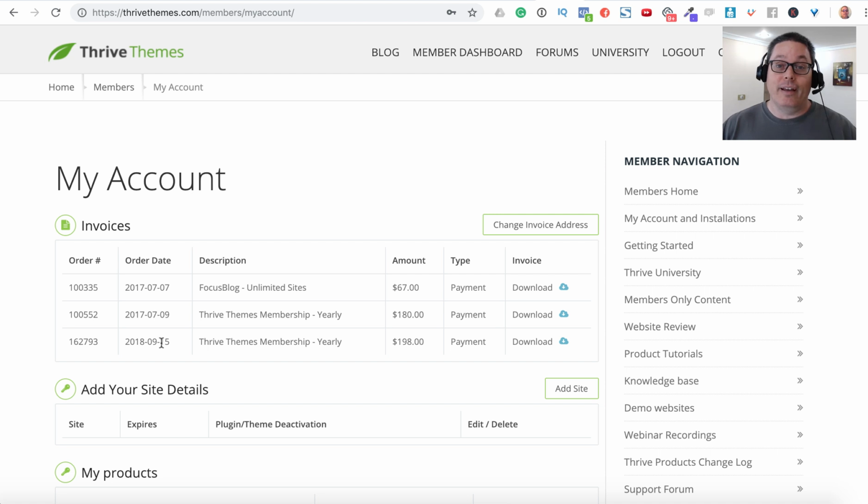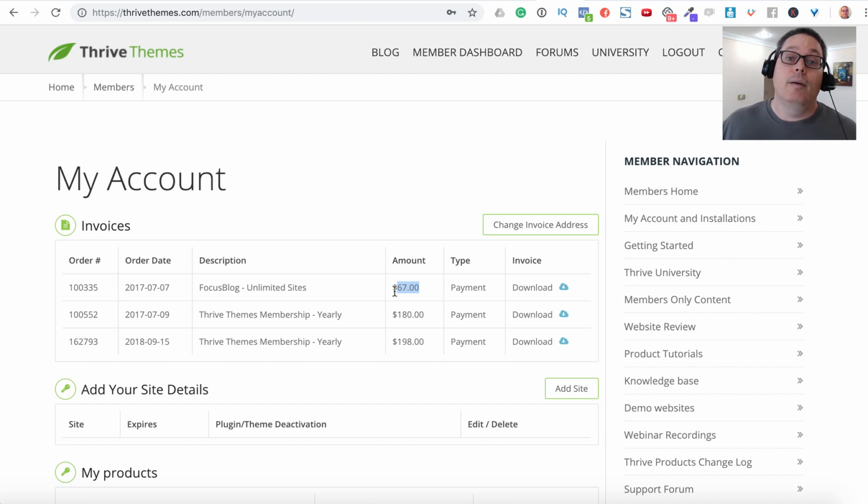And then not very much longer later, I went back and I was going to build another website, and I was like, oh, I want to install this plugin, Thrive Architect, Thrive Leads, Thrive Quiz Builder, and I realized I no longer had access to them. And then with the one-off payments versus the yearly membership, I wound up paying the new price, which was $198. So, point being is,